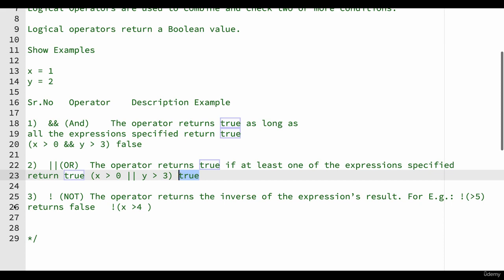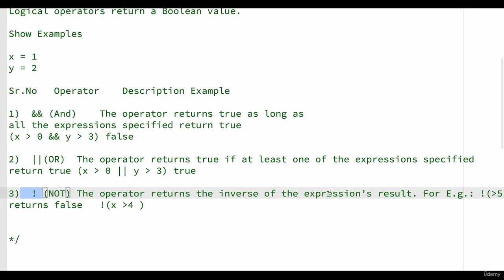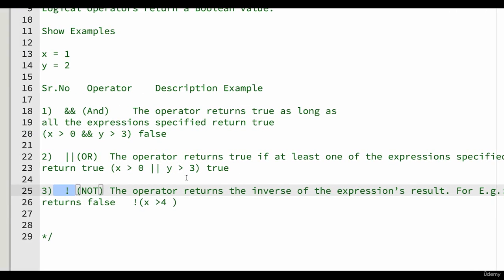All right, number 3. See this bang? We talked about the bang. We know the bang is negative. So as an operator, it means not. When we put it next to the equal sign, we know it means not equal. So we get an inverse. All right? So in this case,